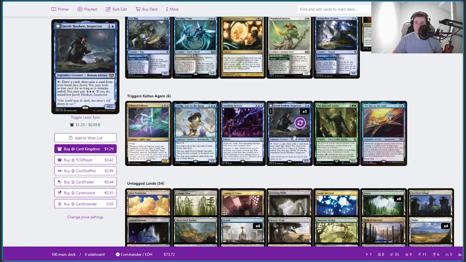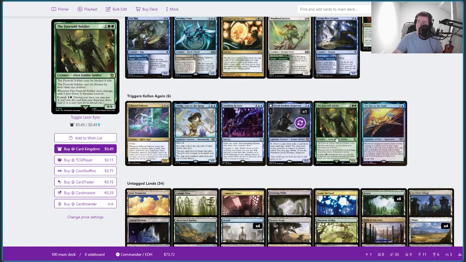Jacob Hauken, really fun card. It's going to take a bit to get there, but once you start casting stuff for free, definitely a great value engine for the deck. The Foretold Soldier, brand new from the Doctor Who set, and pretty much, you're going to keep foretelling it with its ability and then recasting it for 2 mana and get a spell with 4 value or less for free